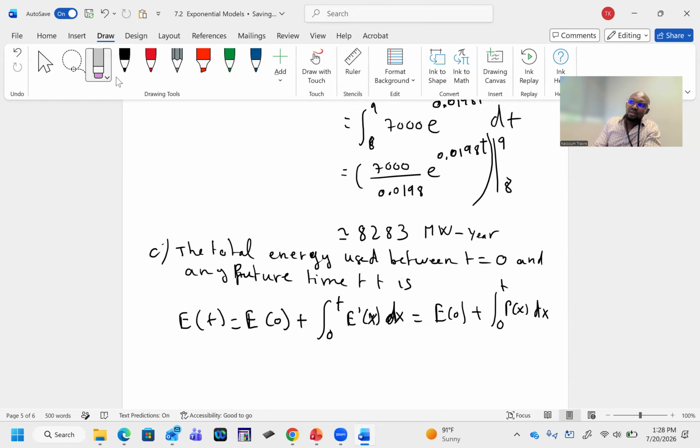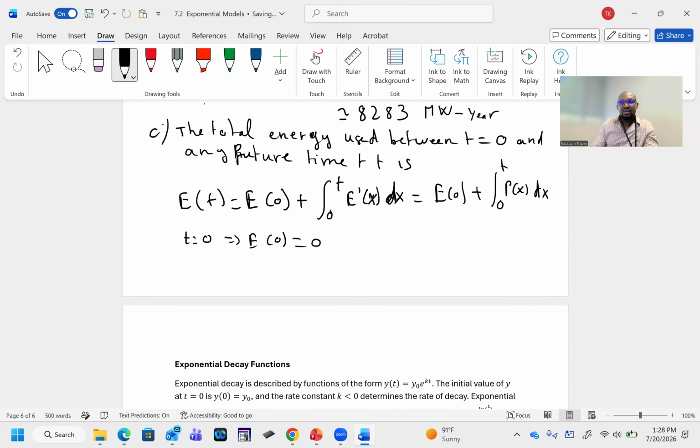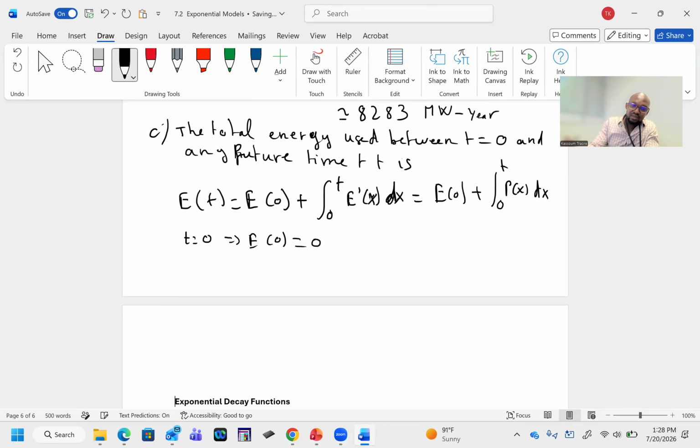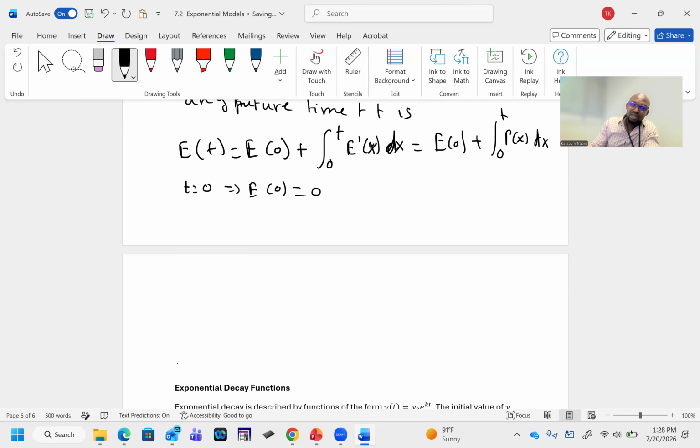but assume t equal to 0 corresponds to the beginning of 2010. We take E0 as what? Because at the beginning, when t is equal to 0, no energy was used. So that means E0 will be equal to 0. So substituting everything, we'll get our E of t